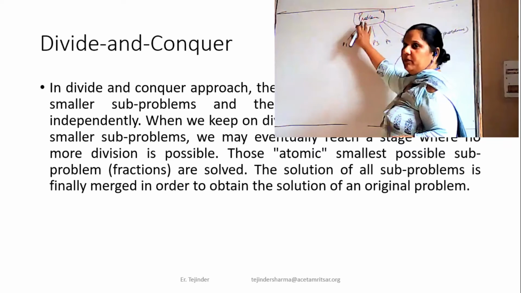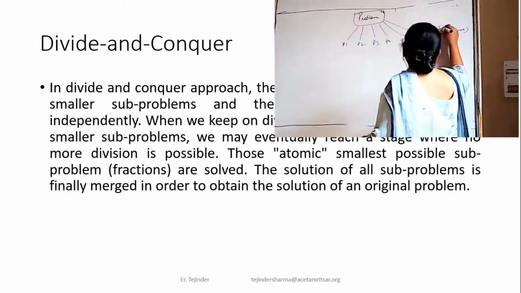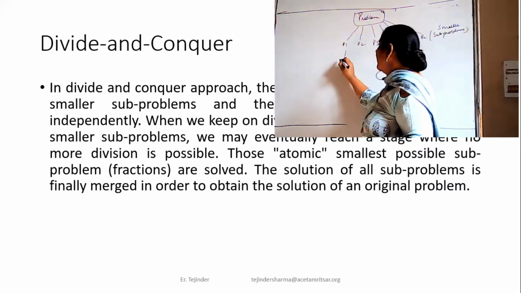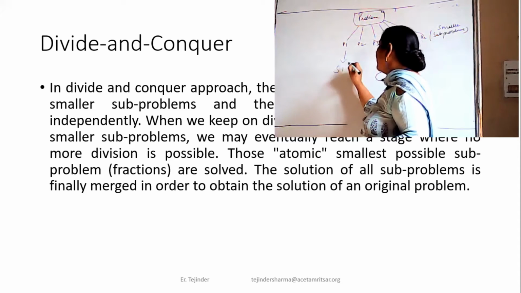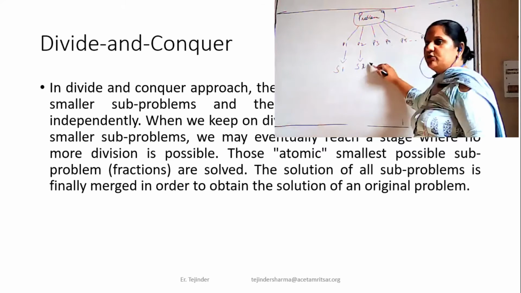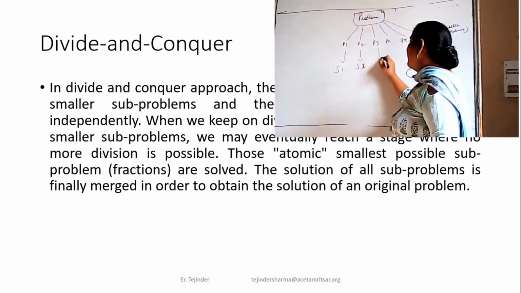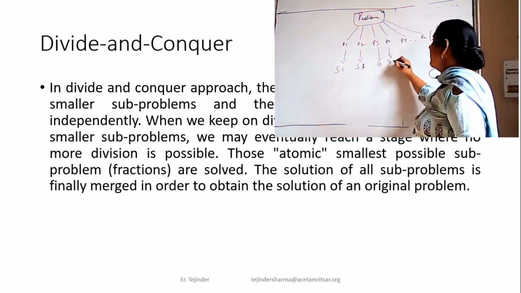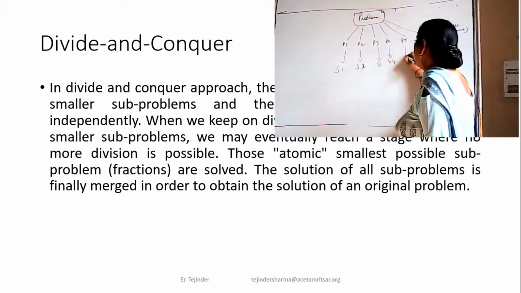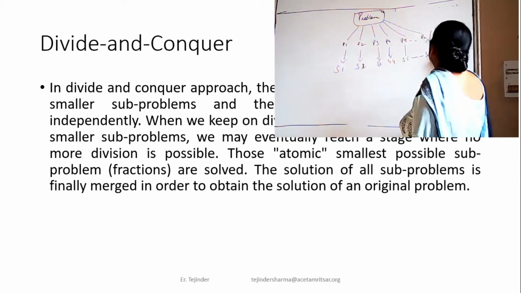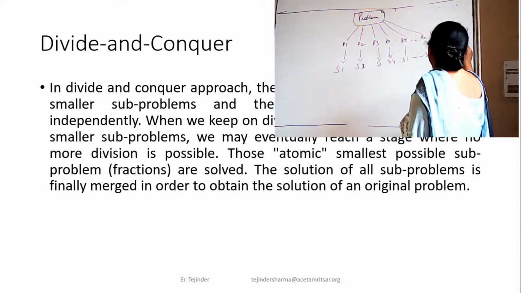We will divide the problem into smaller subproblems so that it can be easily solved. Then we will find the individual sub-solution for the given subproblems. So S1 is the solution for P1, S2 is the solution for P2, S3 is the solution to P3, S4 for P4, and S5 for P5, and so on up to Sn. That means these are the sub-solutions of the smaller subproblems